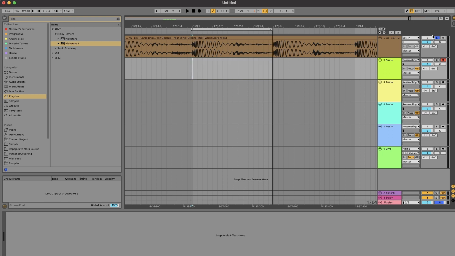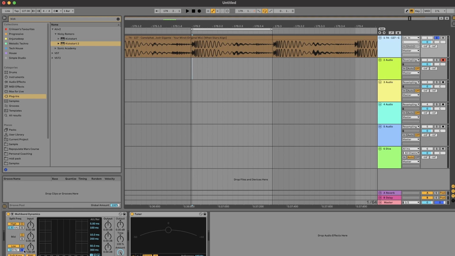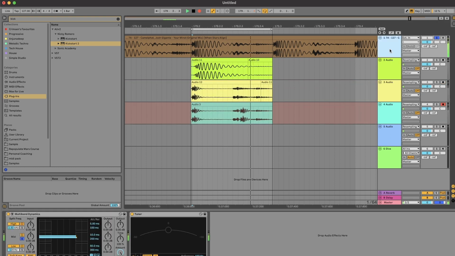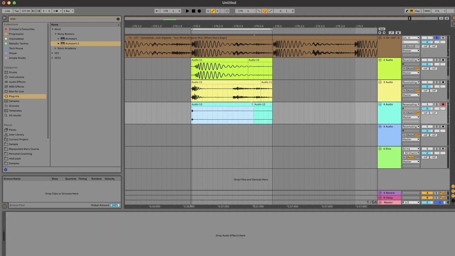Next thing, what I'm going to do is I'm going to solo the low band, and then record that band and isolate it into this audio track. Arm the next track and solo the next band. Arm the next track and then the next band. Okay, so now that we've isolated the bands, what we can do is we can stretch all the loops out